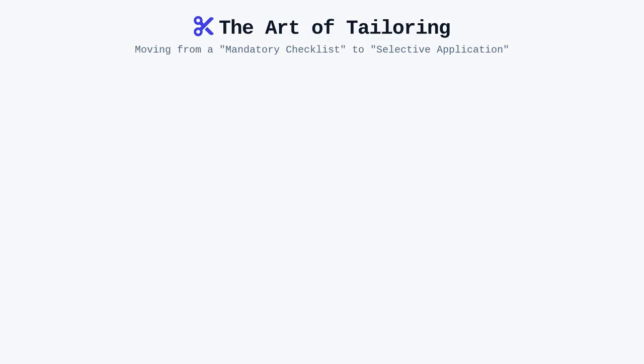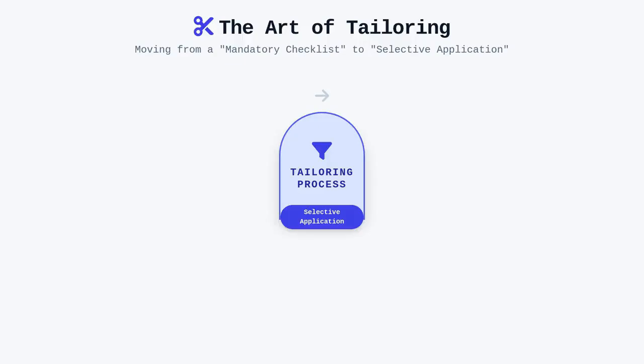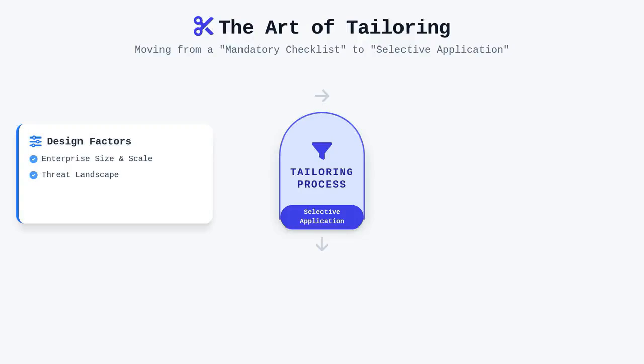The high-level methodology of tailoring rests on the understanding that as an organization evolves in scale, shifts its industry focus, or interacts with different regional mandates, its internal control requirements must shift accordingly. You might view the main COBIT framework as a comprehensive catalog, not a checklist of mandatory items that must all be implemented simultaneously. The art of tailoring is essentially the art of selective application, where you evaluate organizational factors like the size of the enterprise, its threat landscape, and its strategic goals to filter the governance objectives.